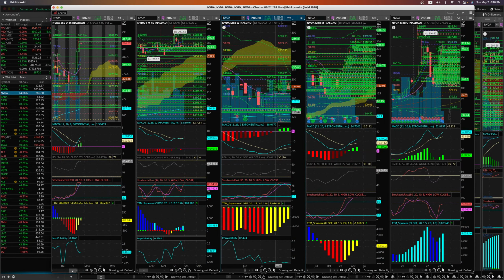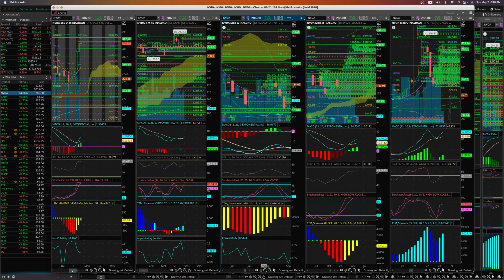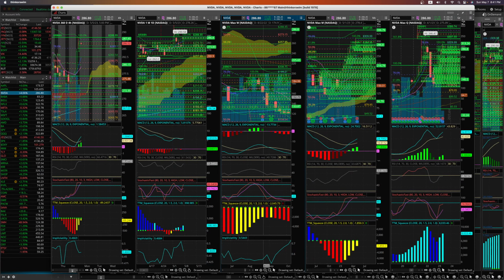We got like two candles of bounce, and then... But the MACD, where did the MACD golden cross? MACD gives you the best confirmation. TTM squeeze gives you the earlier confirmation. MACD gives you the best confirmation. So here you can see MACD golden cross, and we had on this time frame two candles of green higher after the MACD golden cross. But then if you go to the lower time frame on daily, so this is what